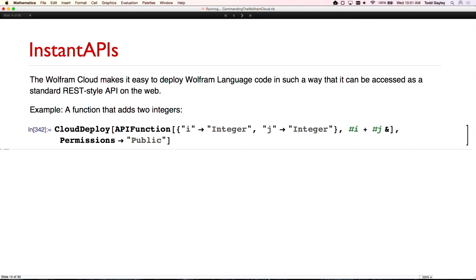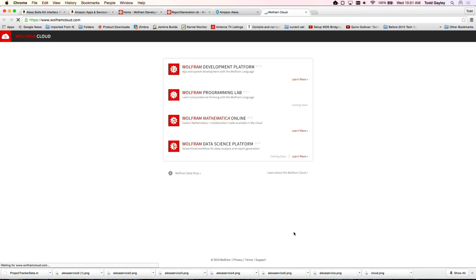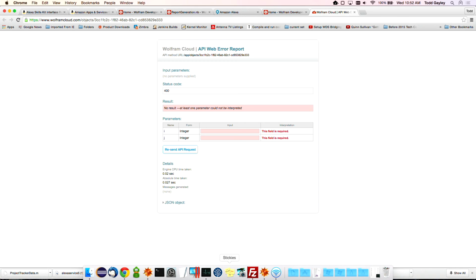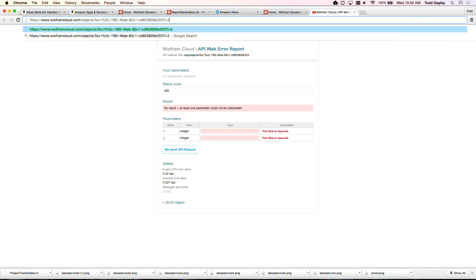So if I run this, I get back some cloud object. And this is the URL that I can use to access this. So if I click on this, my browser launches. Oh my gosh, I get some error. Well, that's just because I didn't define the i and j parameters. I'm going to put them in the URL. I could use this form to add them, but I would just say question mark i equals 2 and j equals 3. So if I fix the URL, then